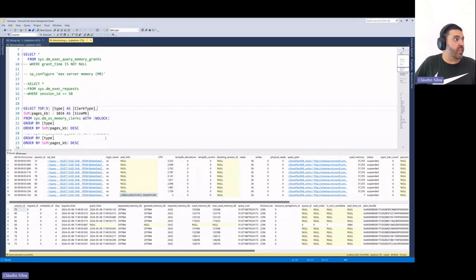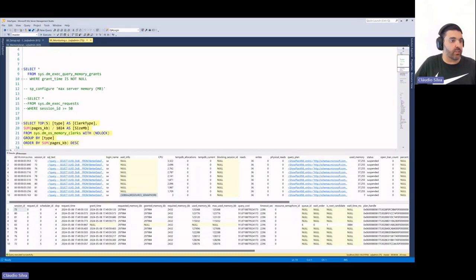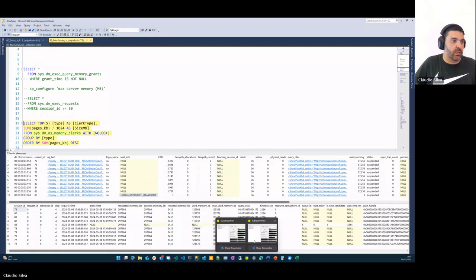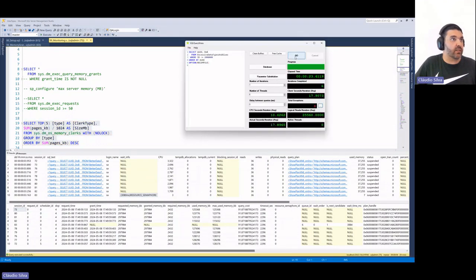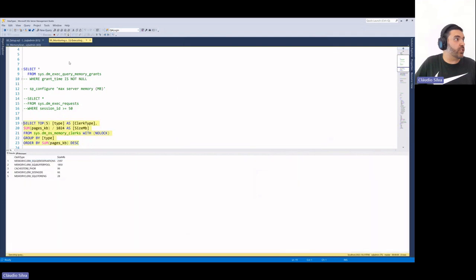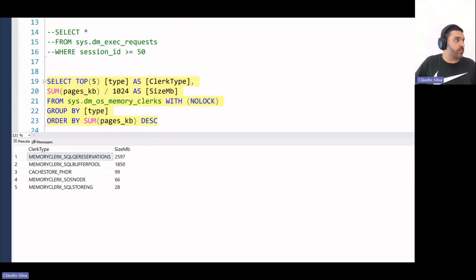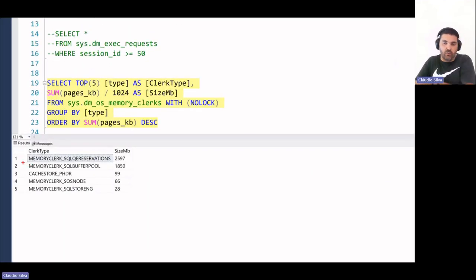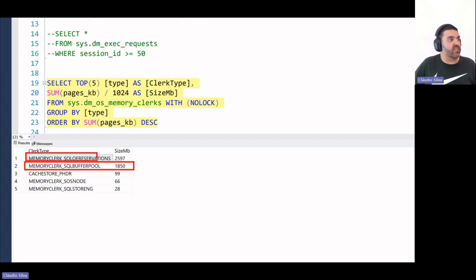All right, we can also see here on our memory clerks, let me make it run again so we can see the situation. Memory clerks is how things are divided and occupying memory, and we can see our SQL buffer pool where our data resides is occupying 1.8 gigabytes, and the memory clerk SQL reservations, this is for the memory grant.